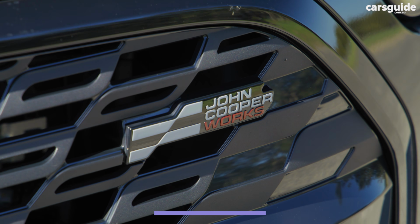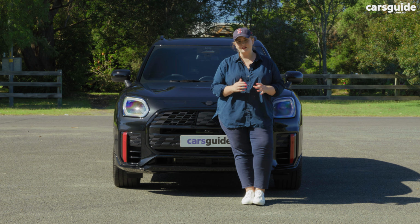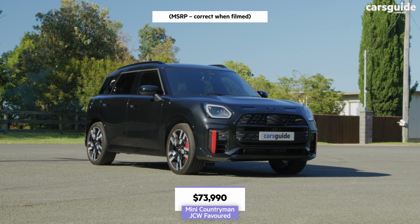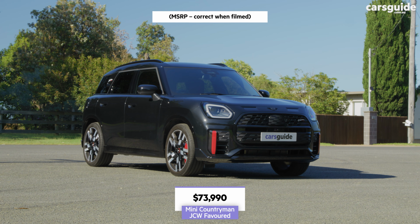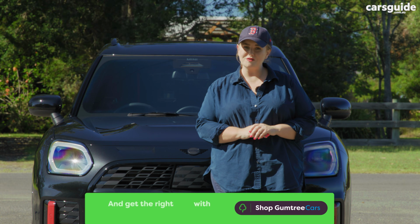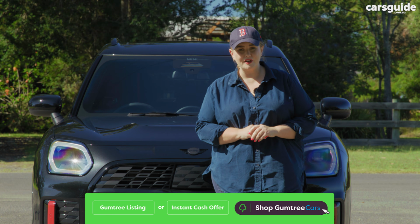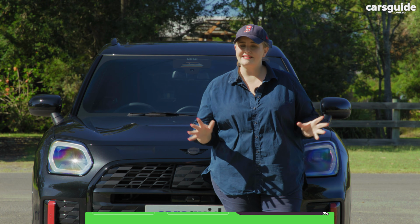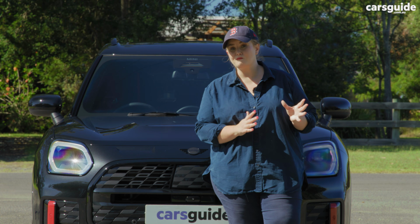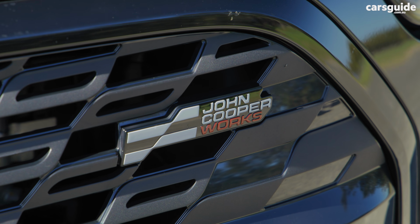There are 5 versions available for the new Mini Countryman, which includes a lineup of both petrol and fully electric powertrains. For the petrol John Cooper Works, there are 2 trim levels available, and our test model is the flagship Favoured variant. The 3rd gen Mini Countryman JCW is built right alongside the BMW X1 and is a direct competitor for the X1 M35i xDrive because it shares the same engine and platform. However, that model is over $18,000 more expensive, so if you're after the impressive engine outputs, the JCW Favoured is